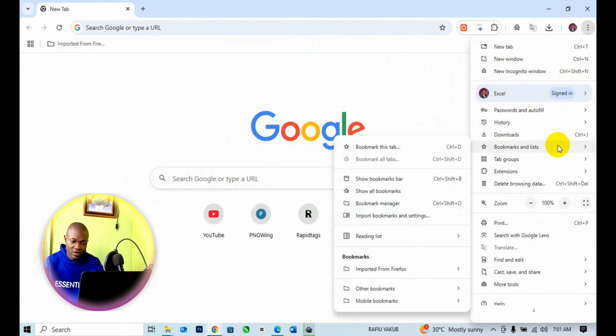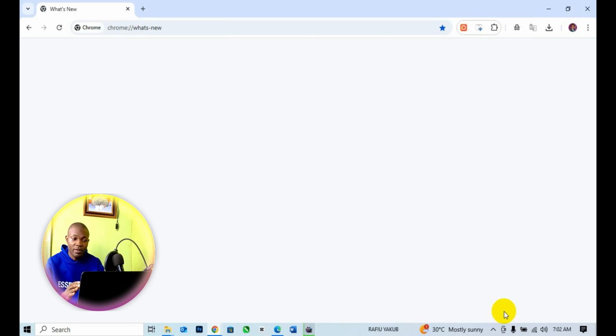Next thing you need to do is to simply head over to other bookmarks right here. Then make sure your mouse is still on other bookmarks. The next thing you need to do is to simply head over to what is new. So simply click on what is new, and in a few seconds it's going to load up a new page